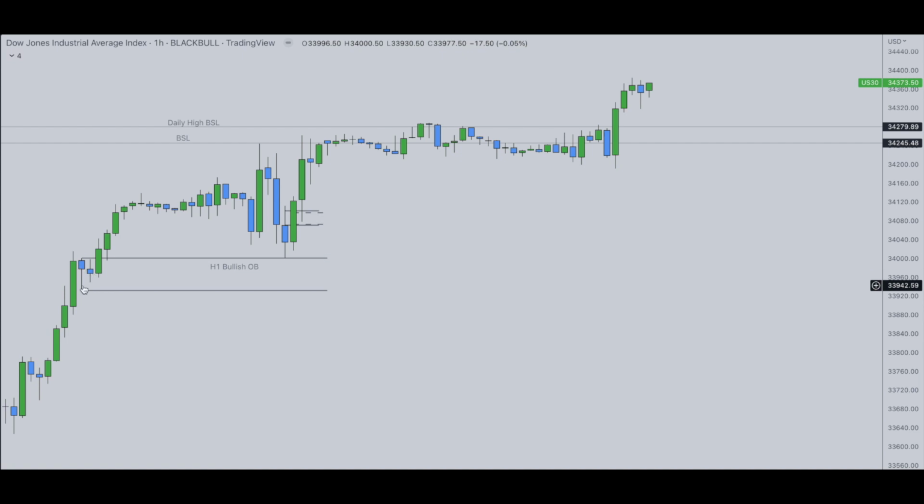Note this level here. This is an H1 bullish order block. Now you guys got to really pay attention to this because we're going to go pretty fast here. I don't want to make this video too long. These last two down close candles are our bullish order block. The reason I targeted this level here is because we are at an OTE here at a discount. So if we anchor a fib from this candle's low where this bullish order block starts, this low here, these last two down close candles before this big move up,